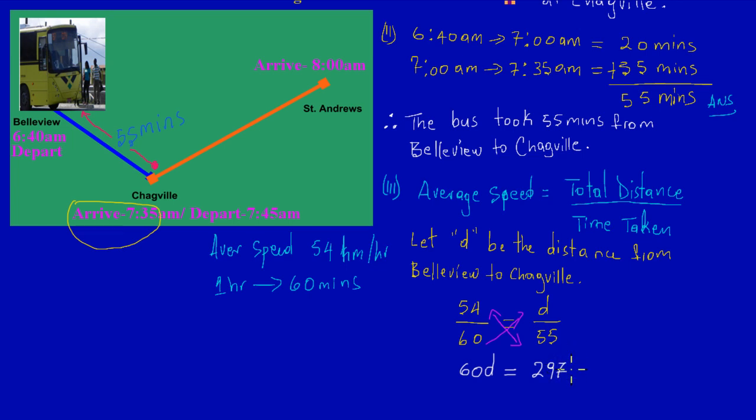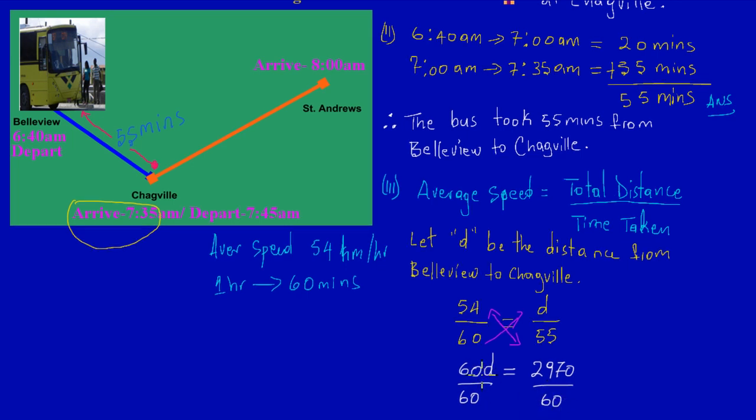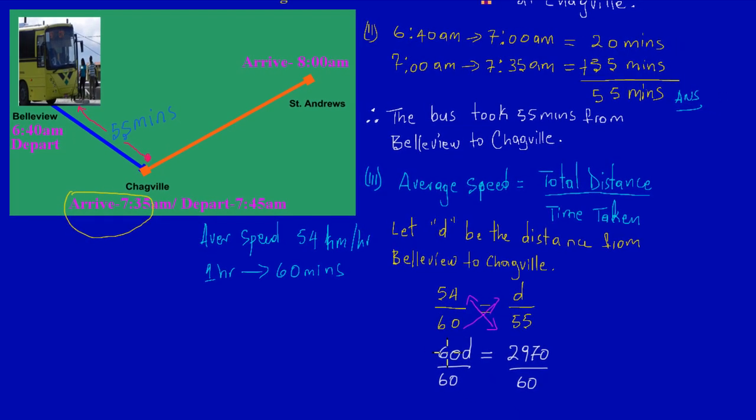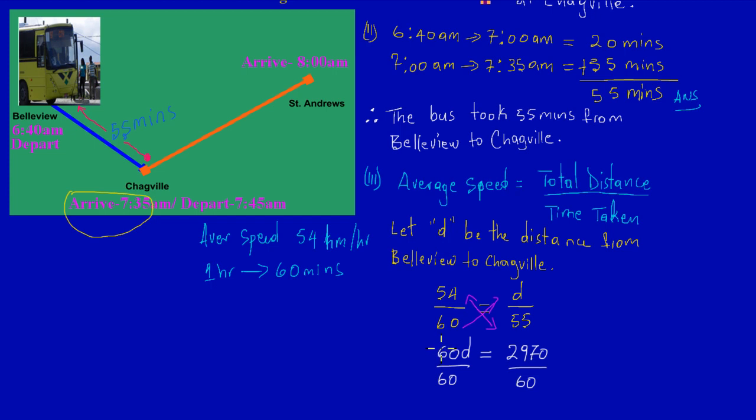Now since I want to find the value of d, I would have to divide through by 60. My friends, what I do to one side, I have to do to the next side, and I divide through by 60 because 60 was multiplying d, so I have to do the opposite of multiplication, which is division. So 60 would cancel 60, leaving me with d is equal to